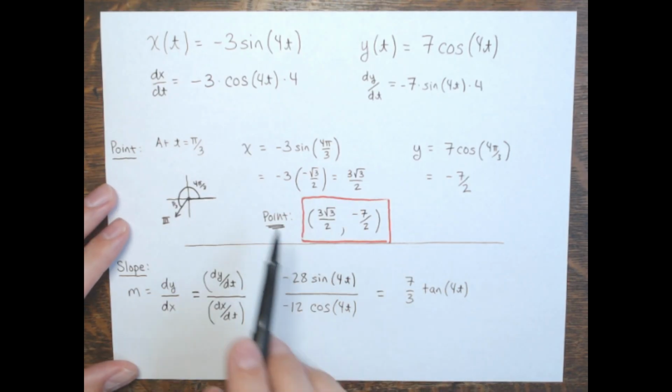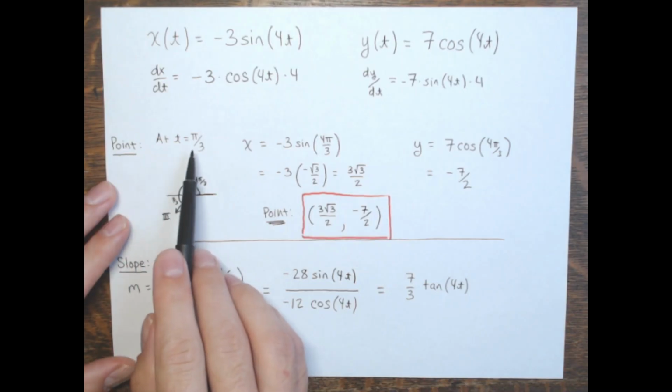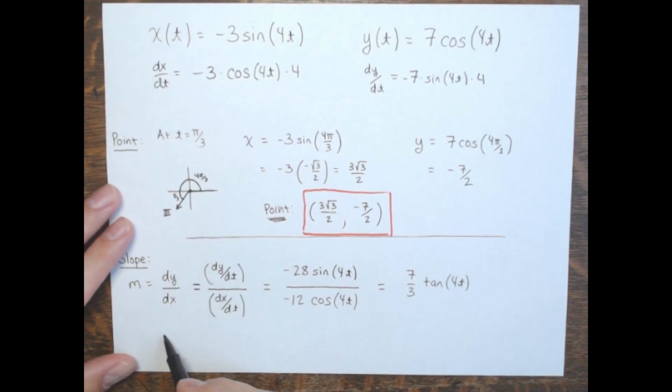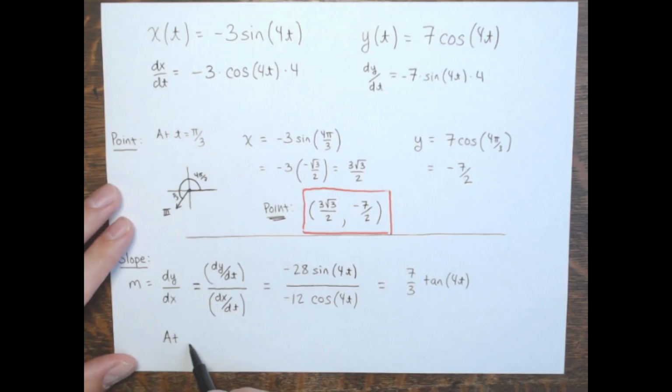Right? We do know the value of t. It was given to us. They said, what is this at pi over 3? All right, so at t equals pi over 3, dy over dx, or y prime of x, the slope of the tangent line, will be 7/3 times the tangent of 4 pi over 3,